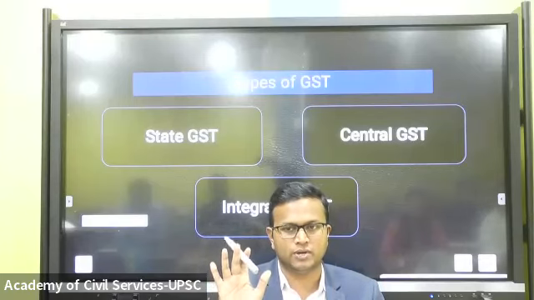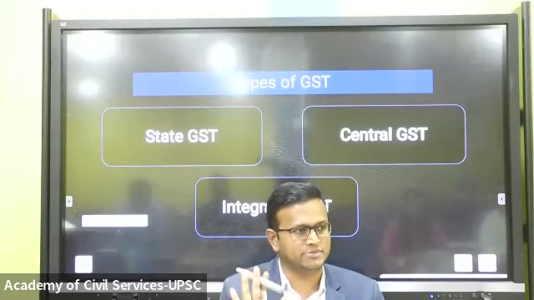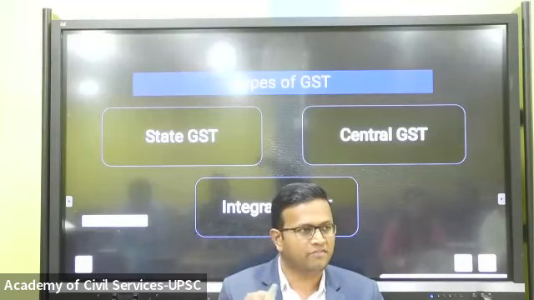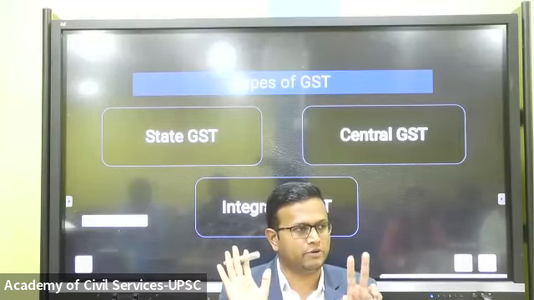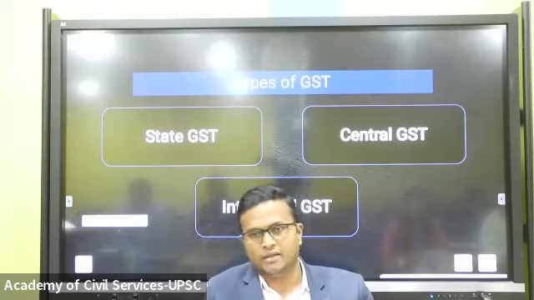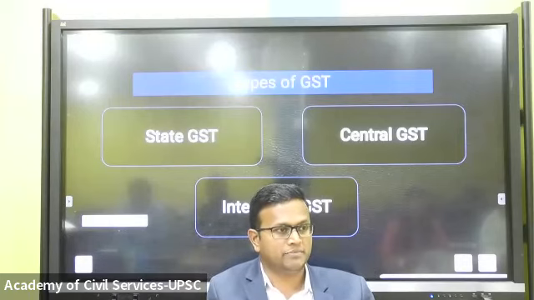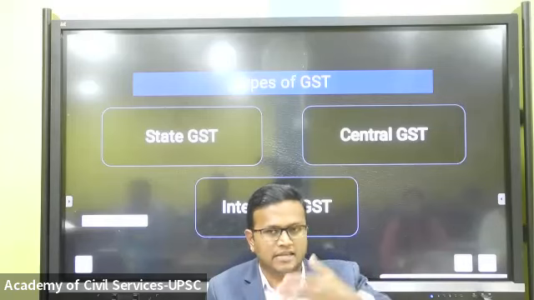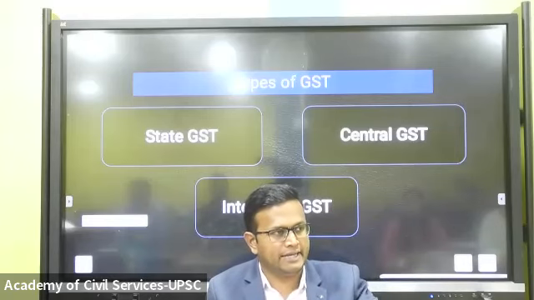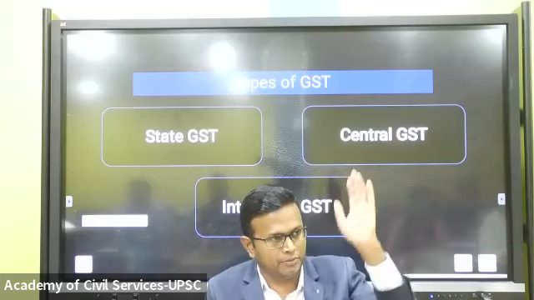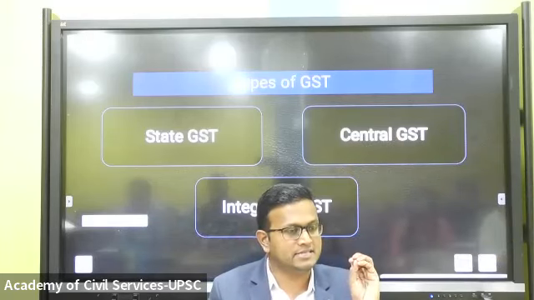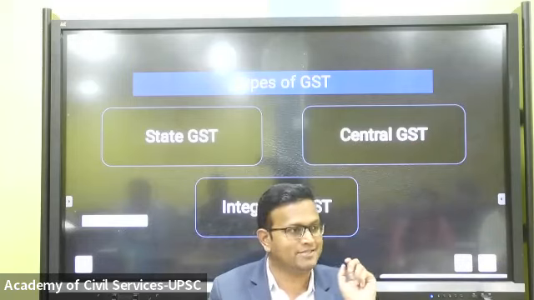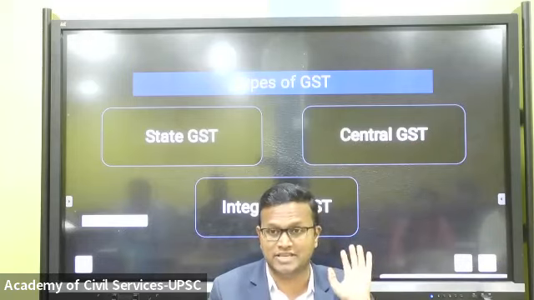The customer is also in one state and the seller is also in the same state. You are purchasing from a shop in Assam. Then GST will be divided into two, SGST and CGST. Now, sometimes you might purchase something from Bengaluru, Amazon, Flipkart, Myntra, or any other online service. The customer is in Assam and the seller is in Gurugram in Haryana, or in Noida in Uttar Pradesh, somewhere in Delhi, sometimes Kolkata or Bengaluru. At that time, CGST and SGST will be a trouble. Which state will get the CGST and the SGST will be a trouble.